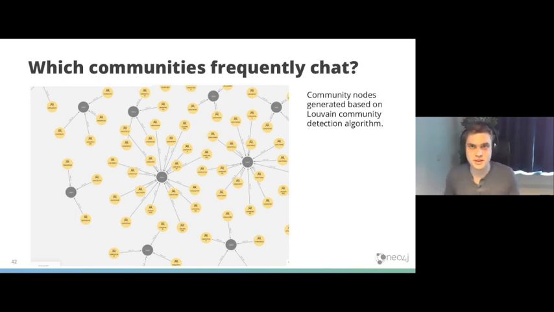So we use the Neo4j Data Science library to run a community detection algorithm based on people that frequently reply to each other, and we group them into different teams. And that's something that you can see here. This may provide really interesting information about which people collaborate across teams very often and which people do not have this particular trait.